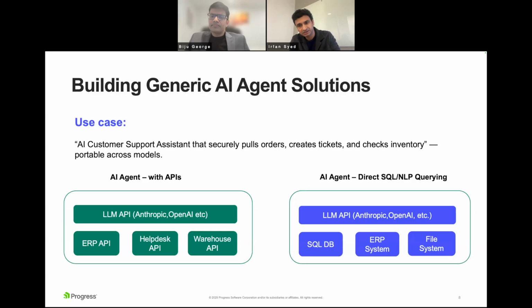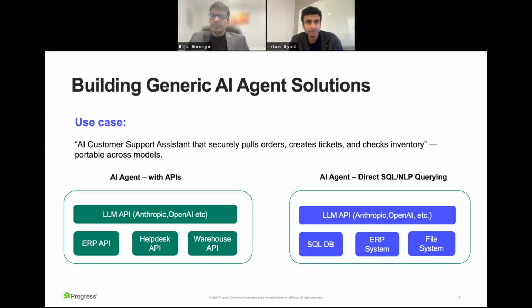So if I have to build a system like that, I have multiple choices. And if I was in the time before MCP, then the choice for me would be building an AI agent. The AI agent could be where we have many kits or language libraries that can help us build AI agents using LLM-specific agents or generic agents which can use any of the LLMs and then go and communicate with the servers.